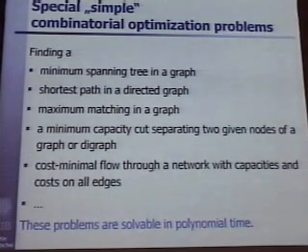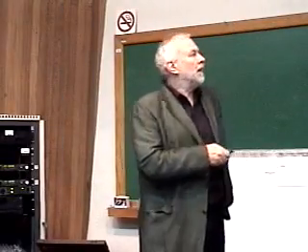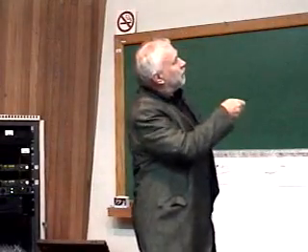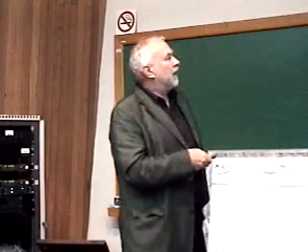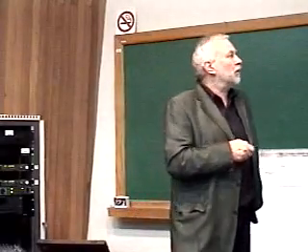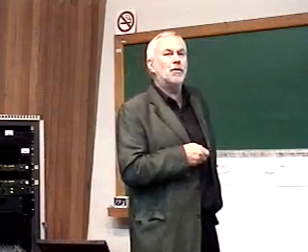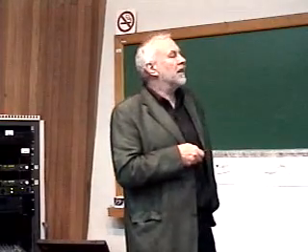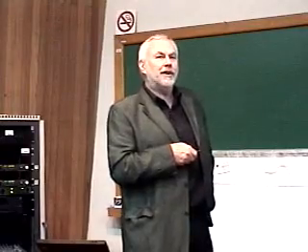optimization problems. And they are simple in the sense that there are polynomial time algorithms. And they're not only polynomial time algorithms, you can really solve them efficiently. The most difficult among these is this one here, cost minimal flow through a network. For instance, you can go to the website of my institution, the Konrad-Zuse-Zentrum, and you will find there a program, MCF, Min Cost Flow, that solves in a few minutes, say, a 100 million variable problem on a laptop.